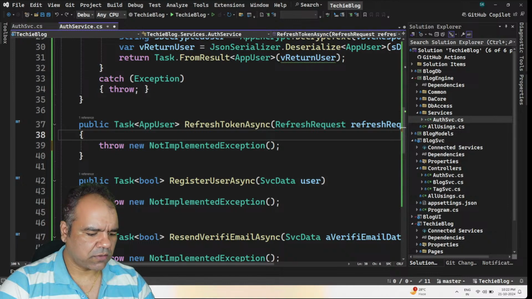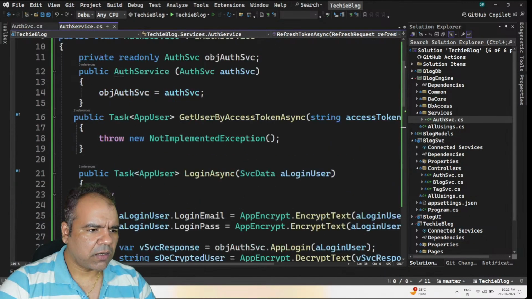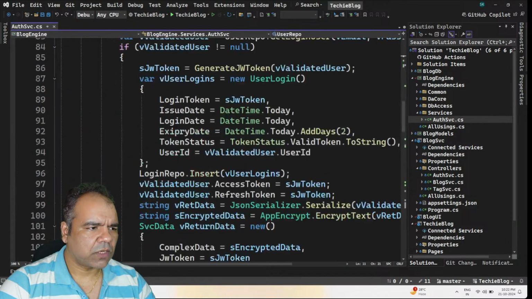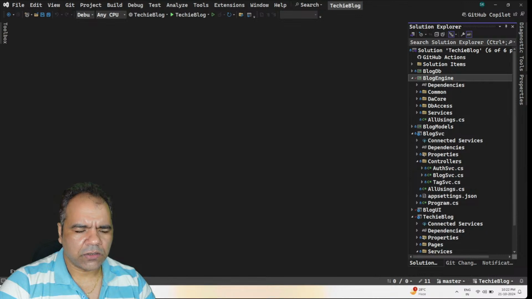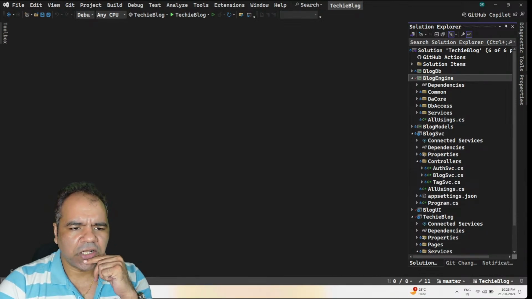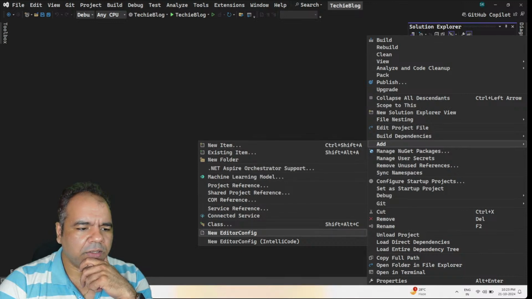So we have this not implemented, and yeah, so now what all we have to do is, okay, in blog engine now we have to add an initialize method, so that we should initialize all the necessary services and APIs. So for this, we'll add a new class